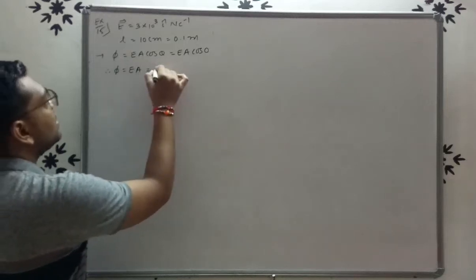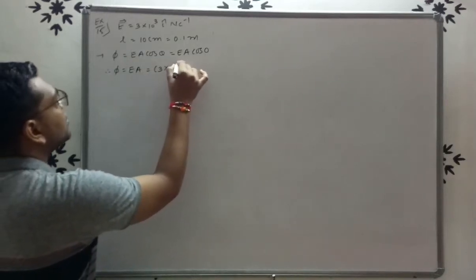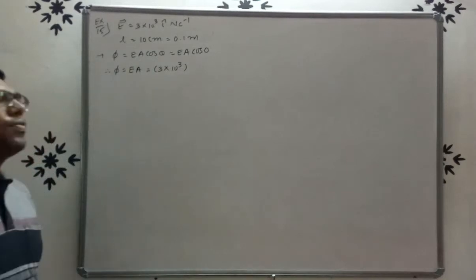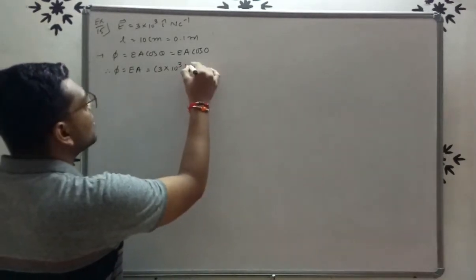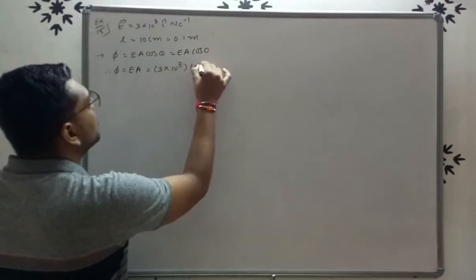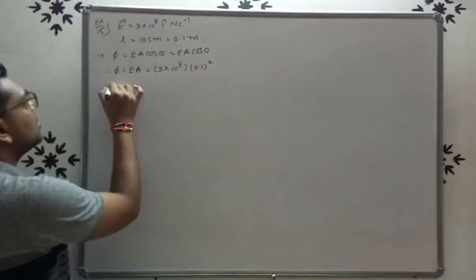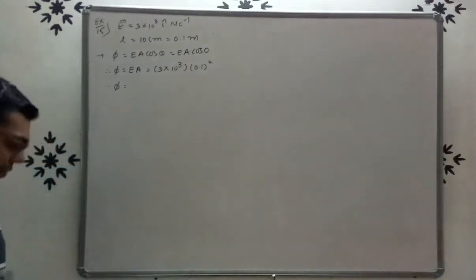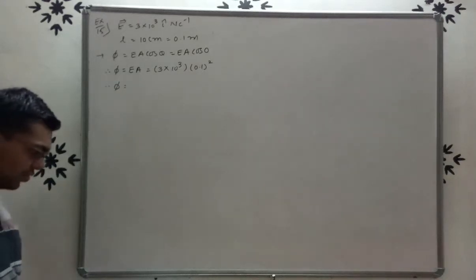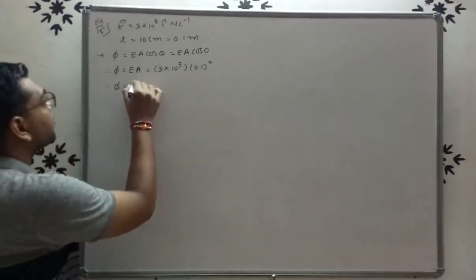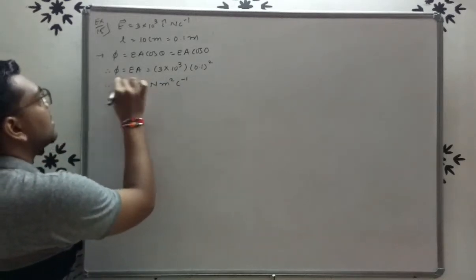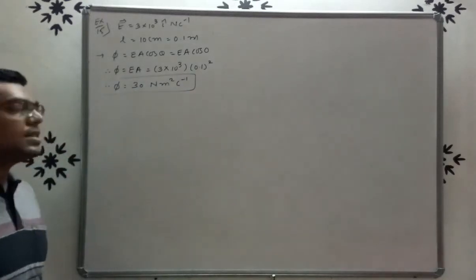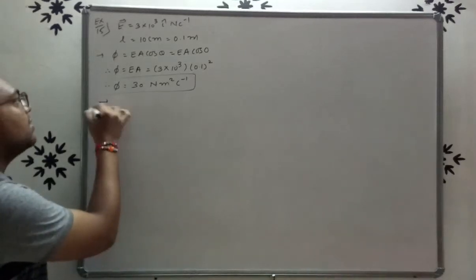So the value of E is 3 into 10 raised to 3. The formula of the area of a square is L square. So L square, that means 0.1 whole square. So after the calculation you will get flux phi equals 30 Newton meter square Coulomb inverse, right? So this is the first case. Now in the second case,